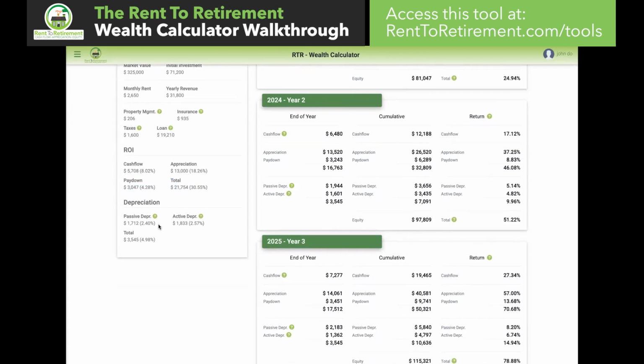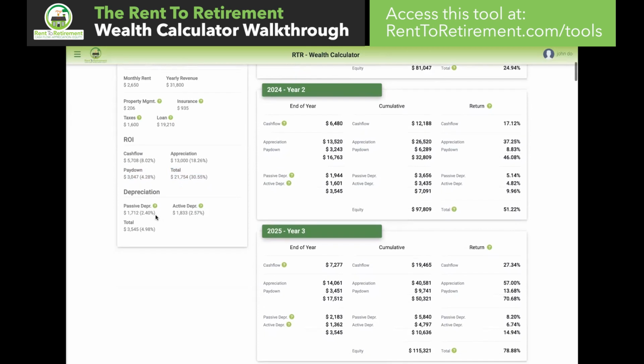So when we look down at passive and active depreciation, this is going to cause a lot of confusion for people. So I would encourage you to not get too carried away with this or worry about this too much. Passive depreciation is something everyone takes advantage of. This is where, if you're not a real estate professional and you are just owning this rental property, you have this amount of cash flow,